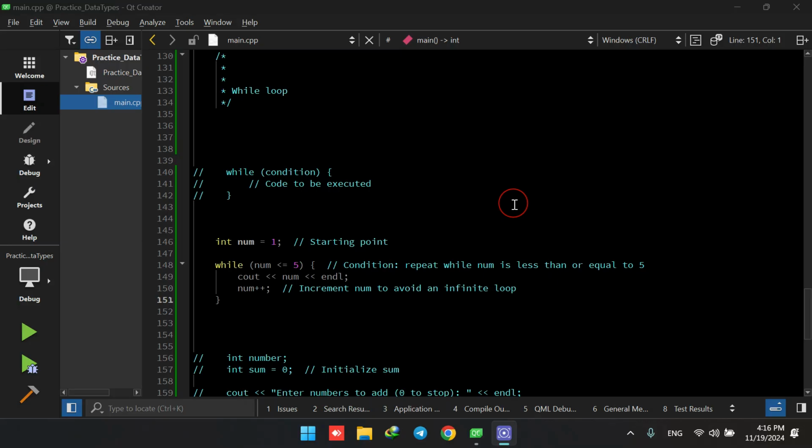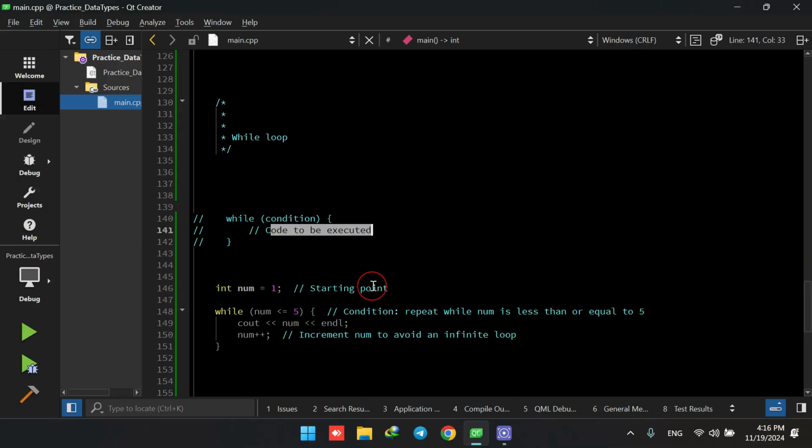So here the structure of a while loop would be like we say while and then the condition, and then we enter the executive part, and this is a place where we write down our code. So let's start with an example. I think it would be easier to grasp the idea when we make an example. Previously we used to go through the for loop. So if we want to write a program that prints us numbers 1 to 5, we had to write